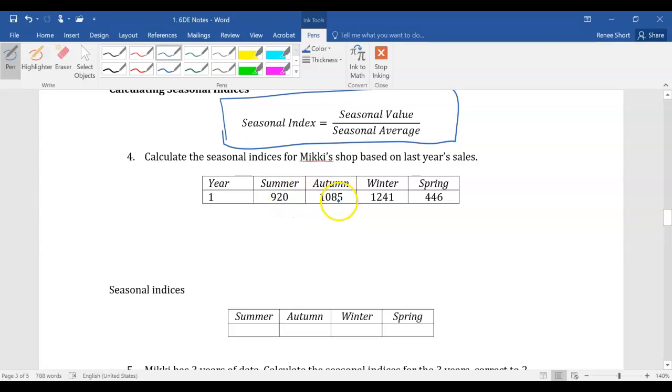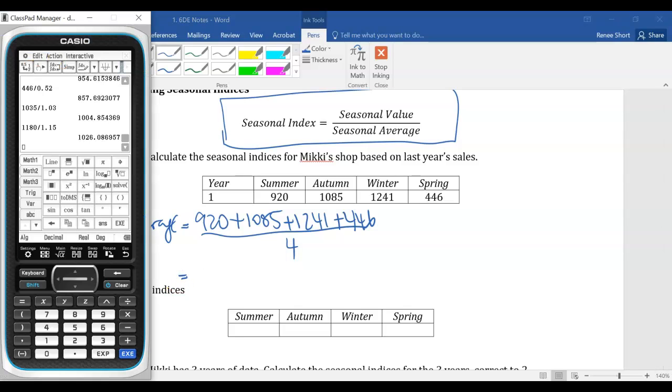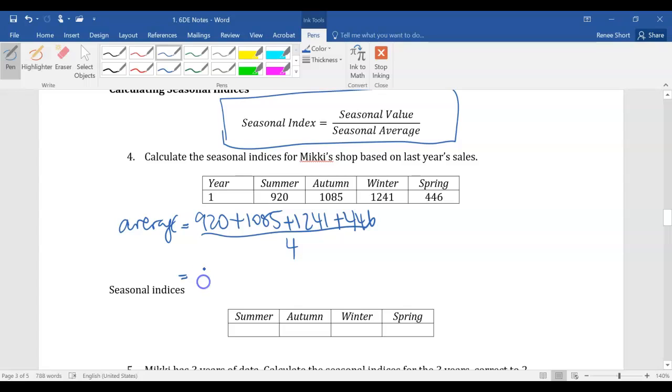We've got 920 for summer, 1085 for autumn, etc., etc. We first of all need to find the average for that season. So remember, to find an average, we need to add up all the values and then divide it by the number of values. So our average here is 920 plus 1085 plus 1241 plus 446, and we divide that by 4 because we've got 4 values present. So let me just pop that in the calculator for us. And if we do that, then we get an average here of